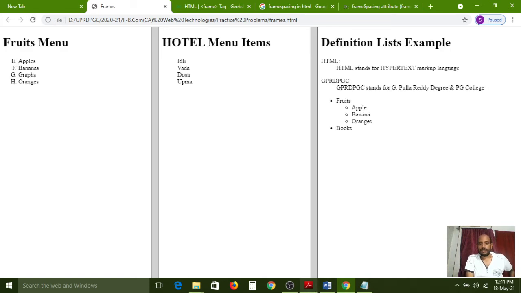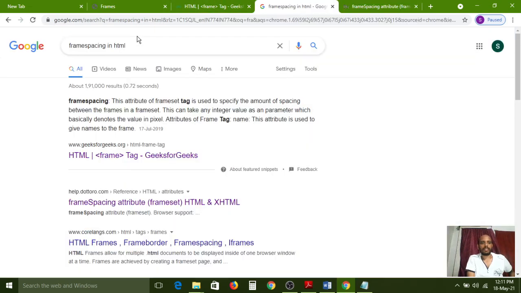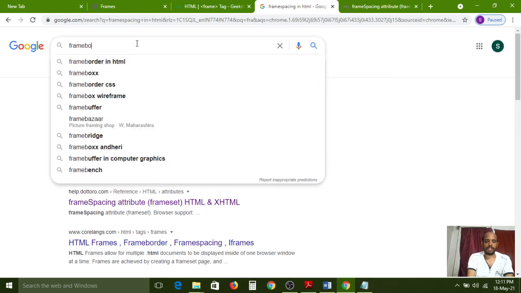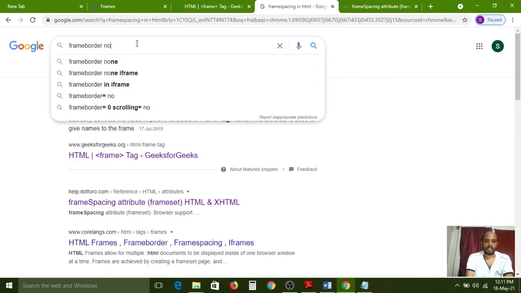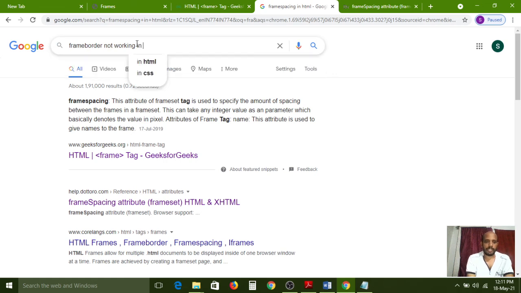Frame border is not working in the frame tag.